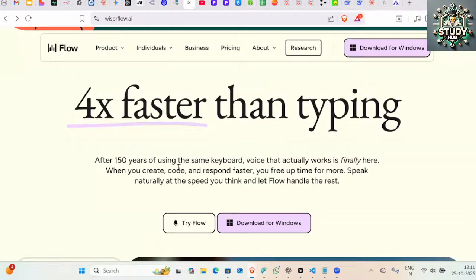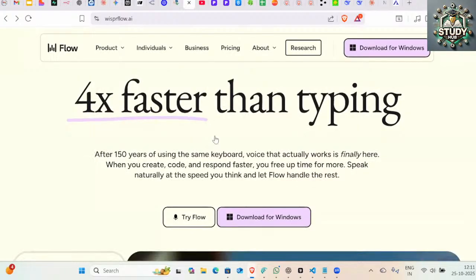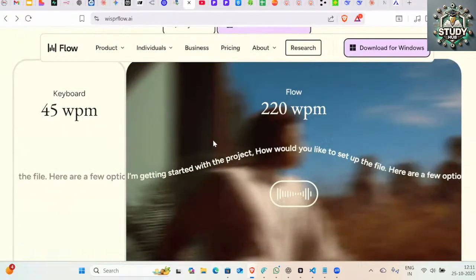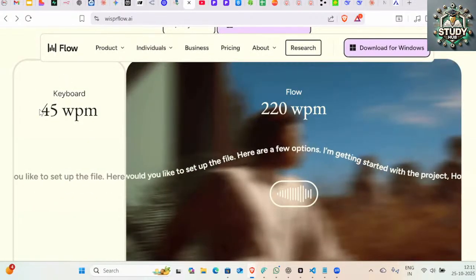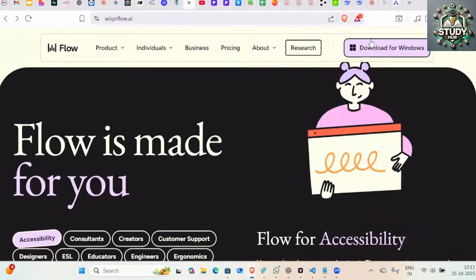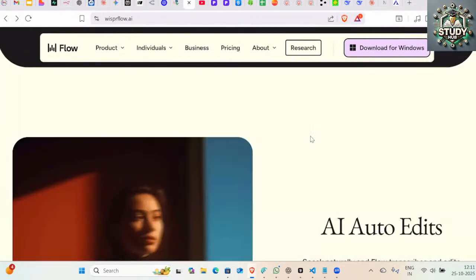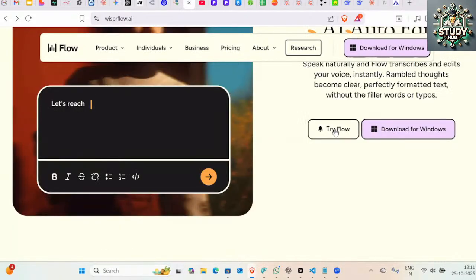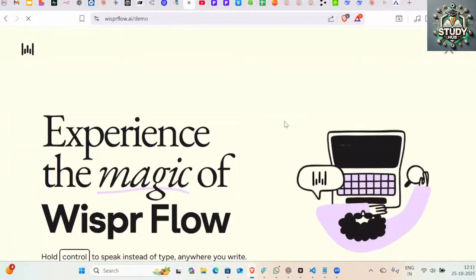A simple dictation app, but accuracy wise, or integration wise, it is very much faster, right? Generally when you are typing, the stat is that you type 45 words per minute, but when I speak, I can go up to 220 words per minute, right? So you can install it for Windows, for your Mac, anything, right? If you want to see quickly, I can show you, try.